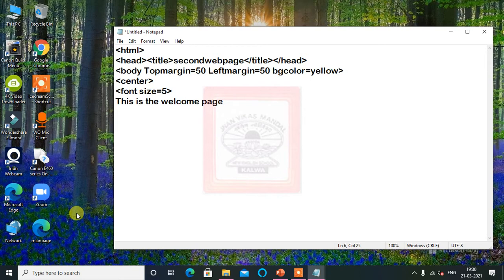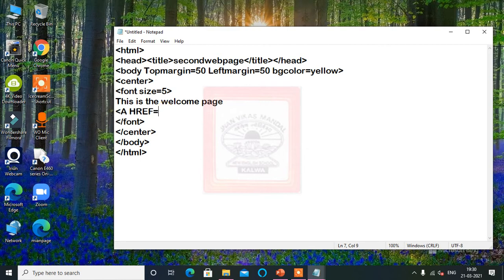I just wrote a text like this is the welcome page. Then I will close this font tag, close this center tag, and here I can give a link to go back to the main web page also. Slash body and slash HTML. Now here I can give the href of an a tag,